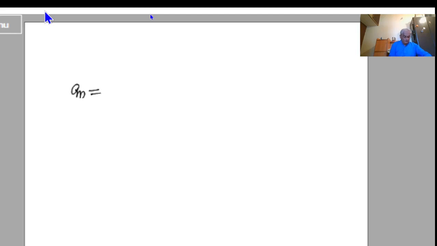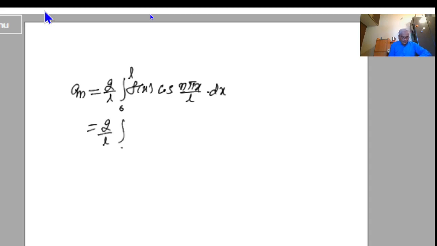An equal to 2 by L integration 0 to L f of x into cos of n pi x by L dx. So this is equal to 2 by L integration 0 to L. f of x is 1 minus 4x by 3 into cos of n pi x by L